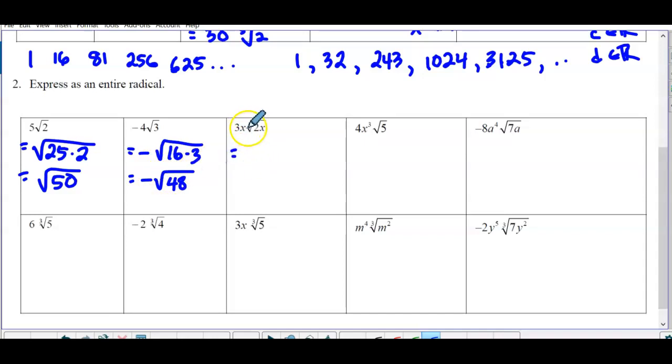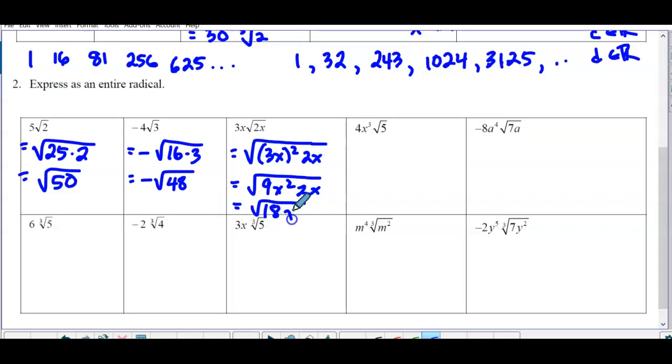Here, this is 3x times root of 2x. So really, you are squaring, I'll show it the long way, 3x multiplying by 2x. So that's 3x squared times 2x, which is root 18x cubed. Okay, that's the long way. You can go right to 18x cubed. Here, this is going to be, so 4 squared is 16. X cubed squared is x to the 6 times 5. And so multiply the numbers together. That's going to be 90